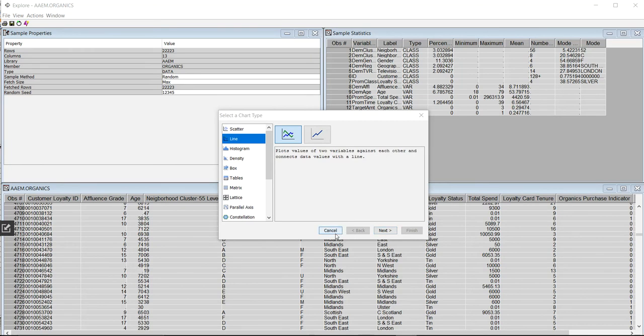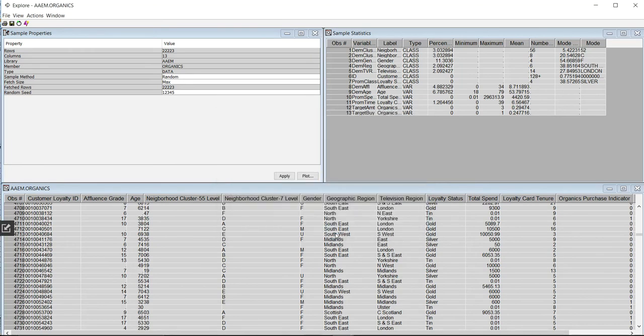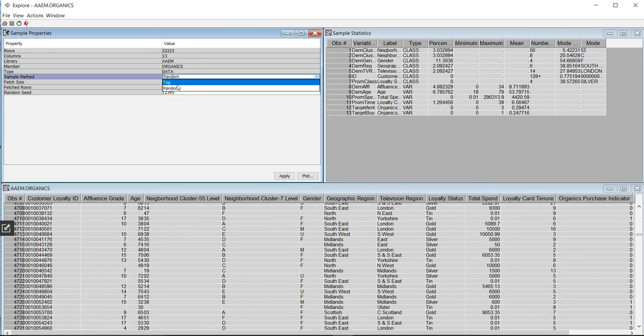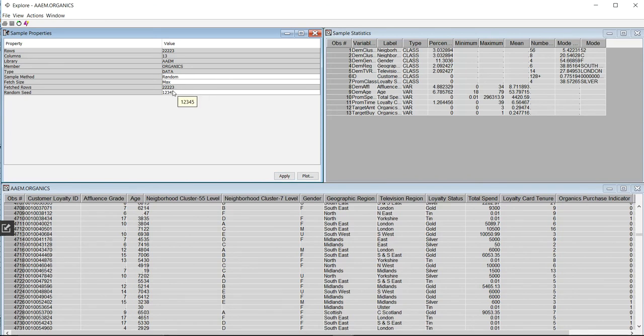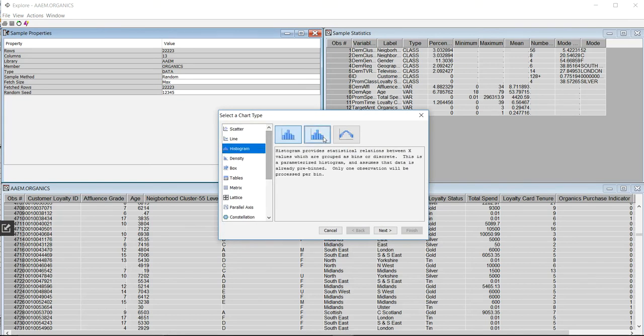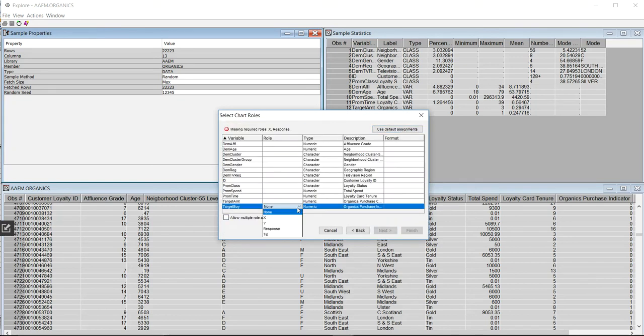Okay guys, I didn't record one step, but I still want to tell you about it. I changed the method instead of the default method. By default, only the top 6,000 rows were fetched. I made it random and maximum, applied it, and now you would have 22,223 records, so all the records are there. Now I'm going to plot our target by